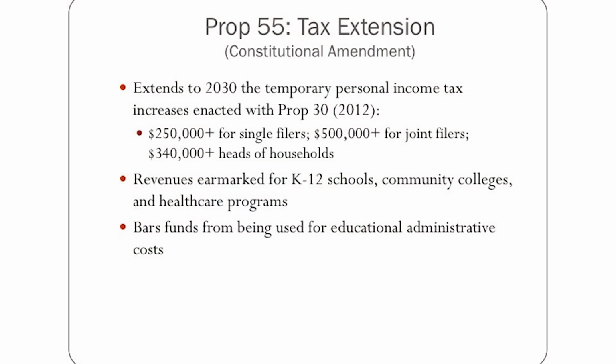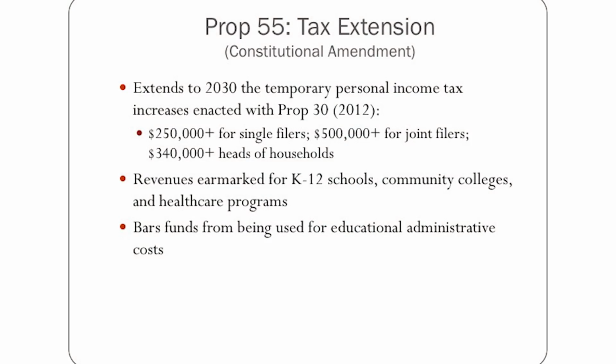This is a constitutional amendment. So a few years ago, you might remember, Californians voted on a temporary tax increase. This was recommended by the governor right as we were dealing with our recession and our budget coffers were down and we had a hard time staffing our schools. This was meant to increase income tax on single earners making more than $250,000, head of household making $140,000, and then joint filers making more than $500,000. And it's set to expire in 2018.